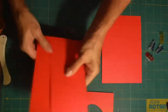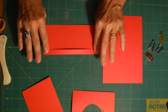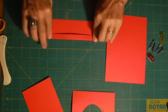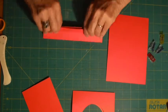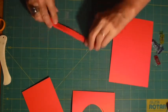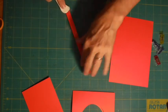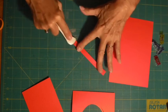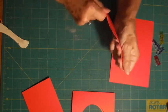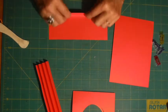So we're going to put those over here, and we're going to start folding. It's a simple accordion fold: in, out, in, out, in, and out. And then you're going to fold this. Now you notice that I've got solid paper. If you don't use solid paper, you might want to use a double-sided cardstock, because both sides of this is going to show. That's why I'm doing it in a solid color. It just seems easier. And then fold your other one in,